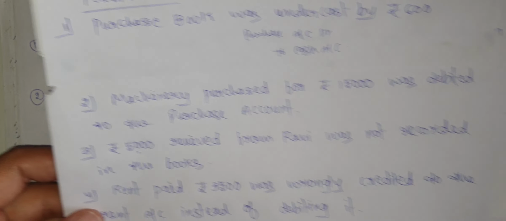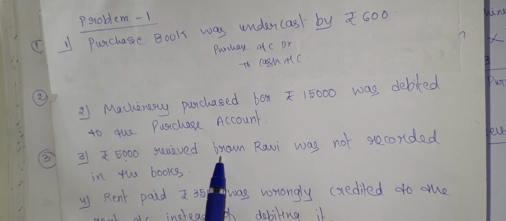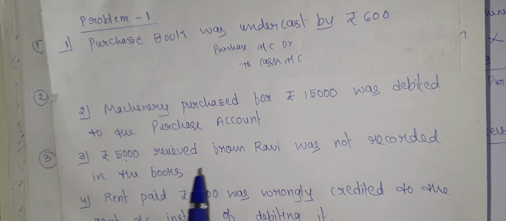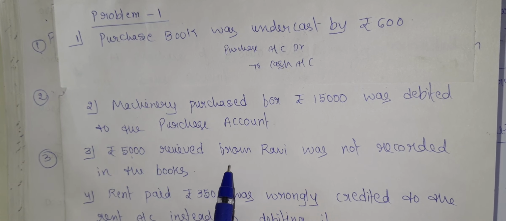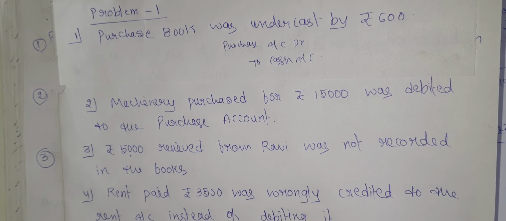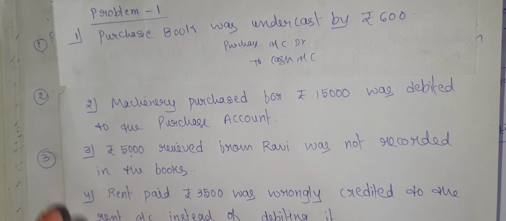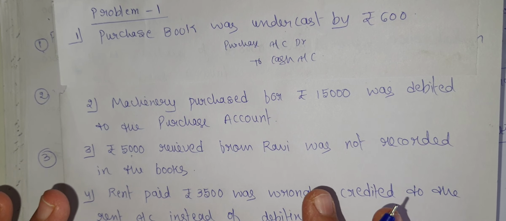Clear? See, what is the narration now? Being rupees 5,000 received from Ravi was not recorded in the books, now it is recorded. Okay, this is the narration. Here in the third transaction they did not record this transaction at all, so the rectification entry is simply to pass the journal entry. We have to record this transaction. This is our rectification entry. Clear? Now we will move to the